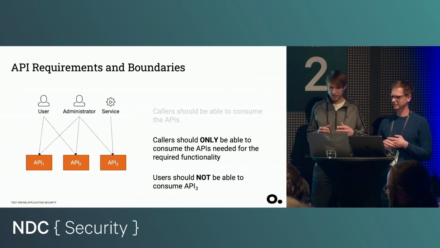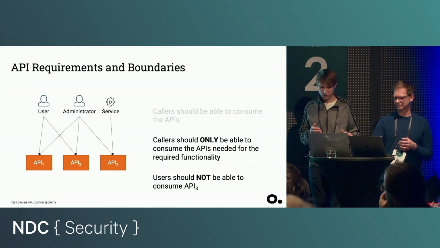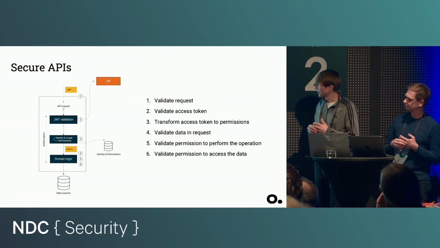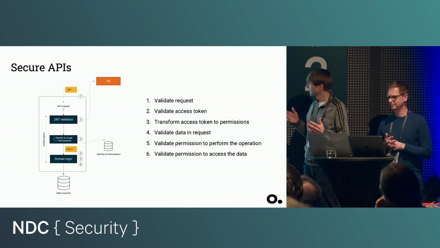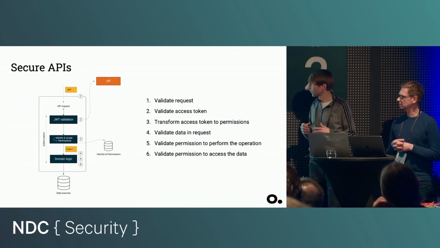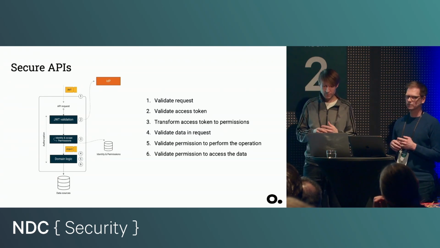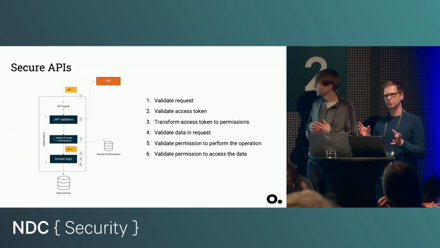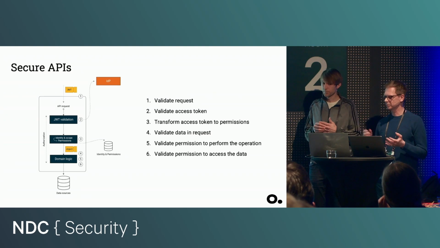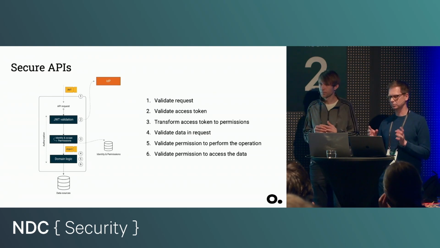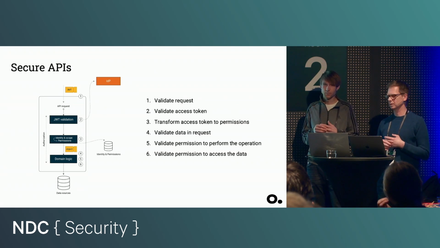So let's look at what we mean by a secure API. You can, of course, implement a secure API in many ways, but you need to handle these 6 steps in one way or the other for all requests. This is typically roughly what we are looking for when we review code from a security perspective. And based on experience, we believe that you do need to address all of these steps